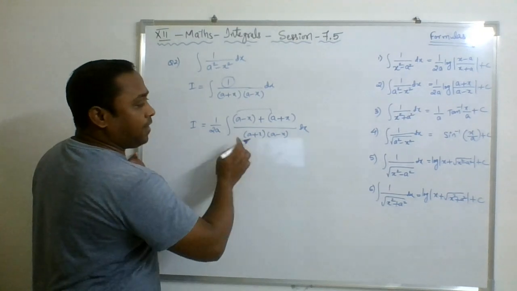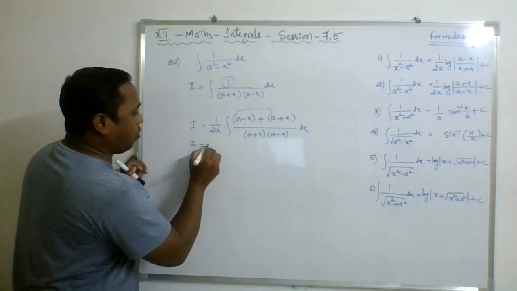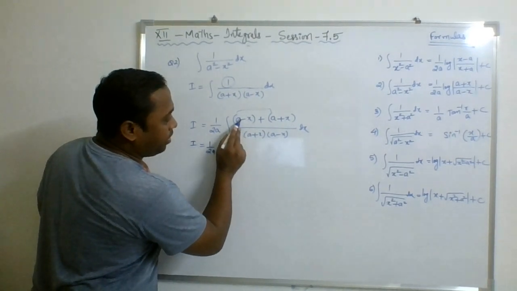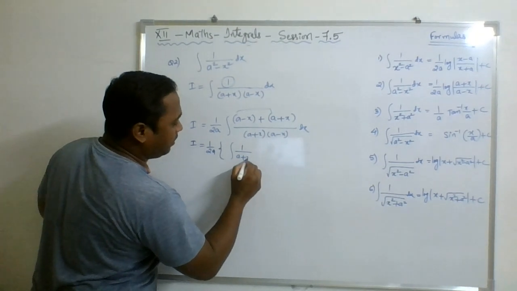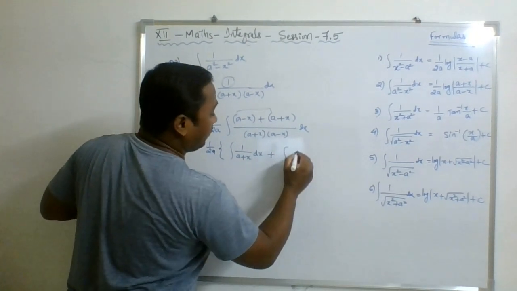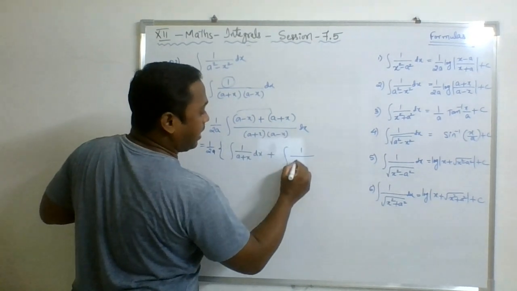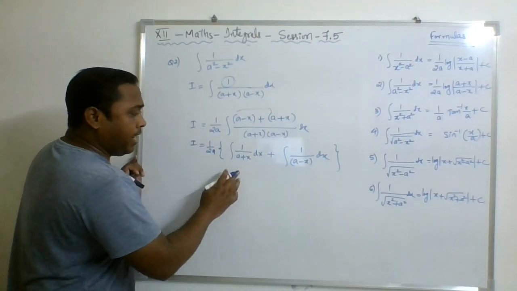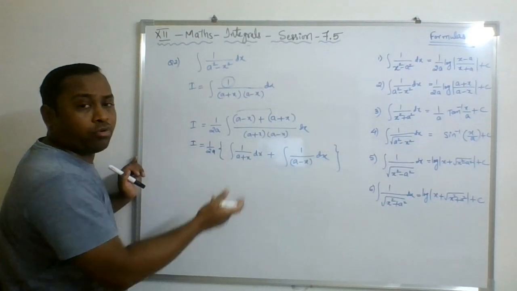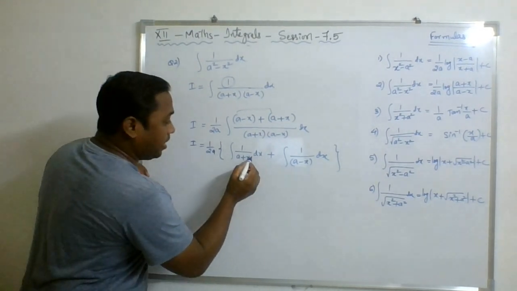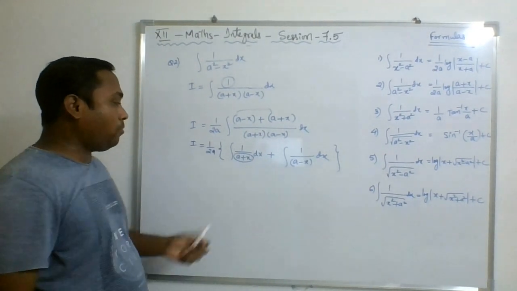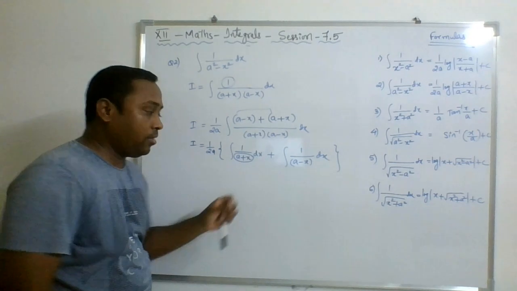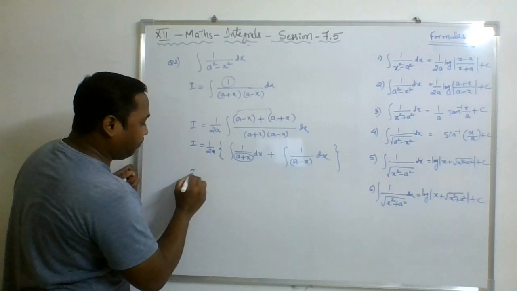Now I can break the fraction into simplest fractions as we have already discussed in the same manner. So if I separate the factors, a minus x will get cancelled. We are left with 1 upon a plus x dx plus 1 upon a minus x dx. Now again it is in the form of 1 by x. So its integration is log x, and I can write directly log of this, because a plus x's derivative is 1. That is why I can directly use the formula here.